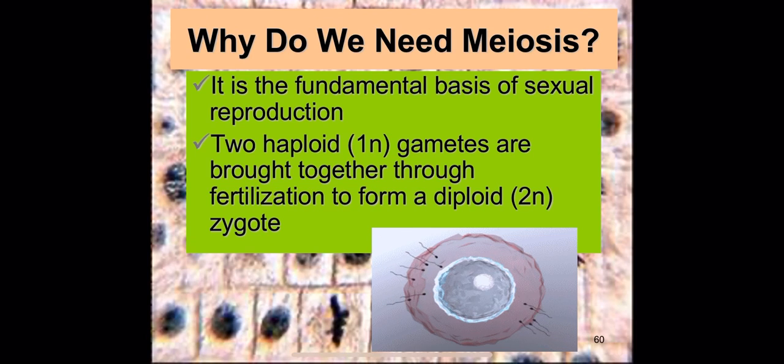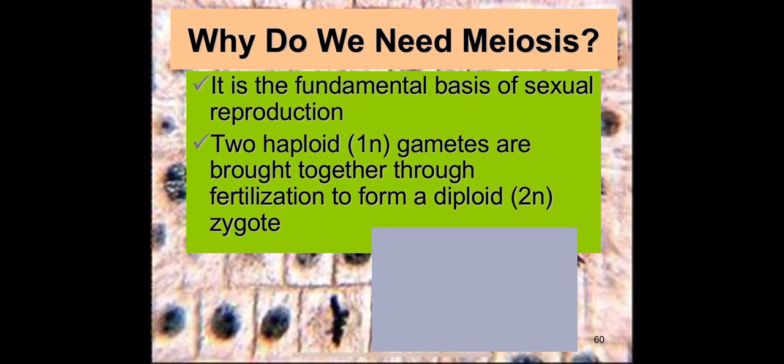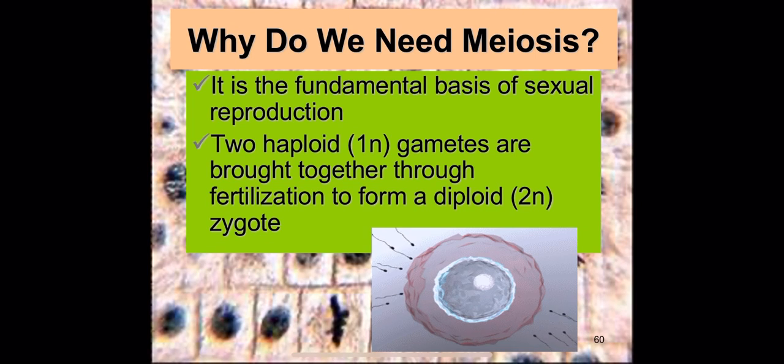So then why is meiosis necessary? Because it's the fundamental basis of reproduction. In order to have sexual reproduction, we have to have the ability of creating an offspring using information from both parents. And if we didn't have haploid sex cells that are created through meiosis, we would end up with babies that have too much genetic information and they won't survive. So this creates the foundation necessary for us to create these sexually unique organisms through sexual reproduction because of the ability to create haploid cells.